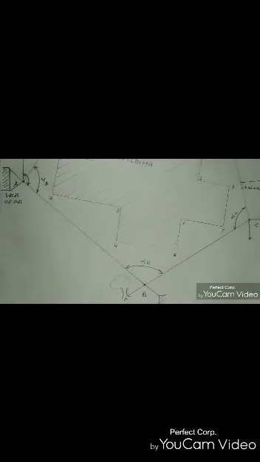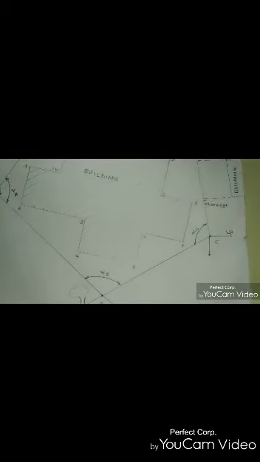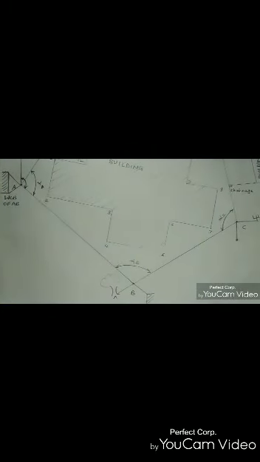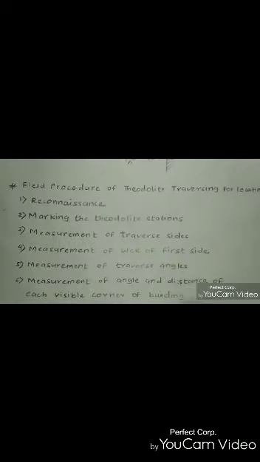Now see in the sketch, you have to measure the length of side AB, side BC, side CD, side DE and side EA. Let us suppose the length of side AB is greater than 30 meter. In that case, you have to go for direct ranging of side AB before measuring the length of this side.